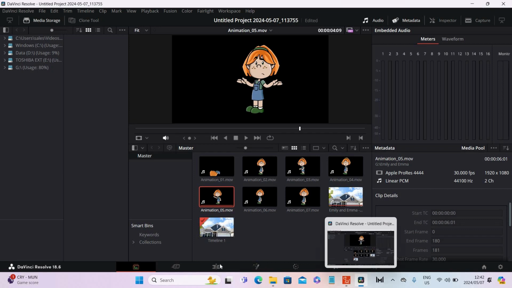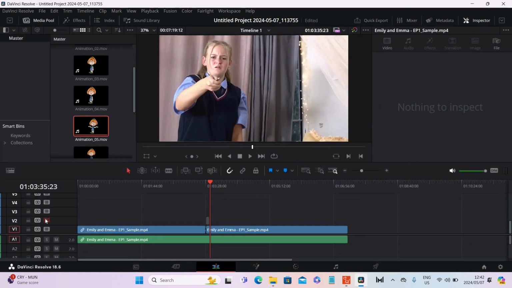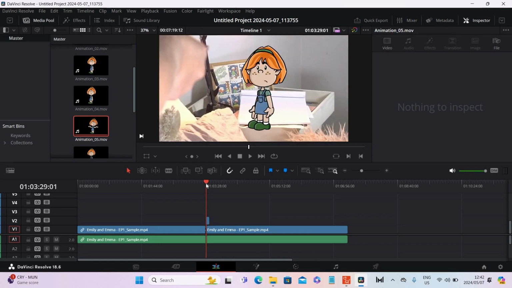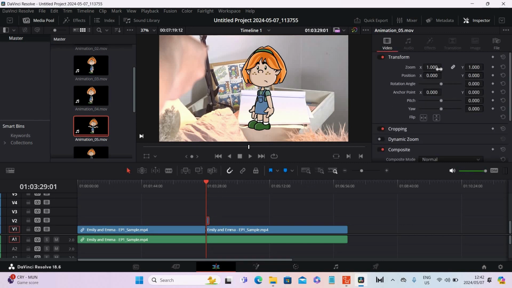Okay, so now I can drag it in. And there's the character. Now you'll see he's out of place, but now I can just simply resize him and move him into the correct place where I want to place this character. Maybe you want the character to stand there. And then obviously you can add some effects like a drop shadow to add some more realism to it. So you can do that as well. And then obviously when you press play,